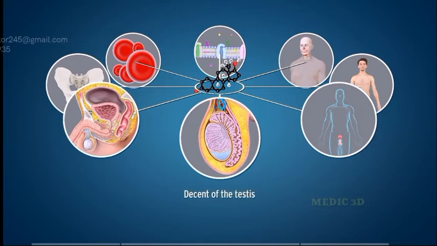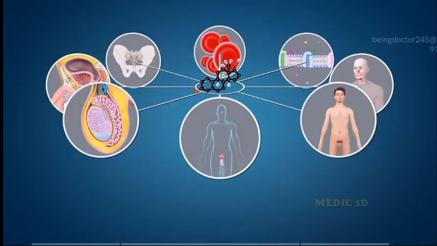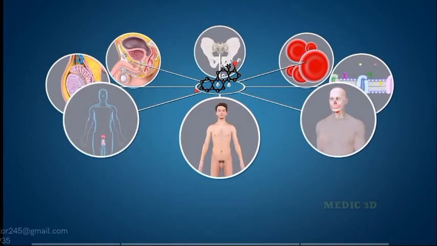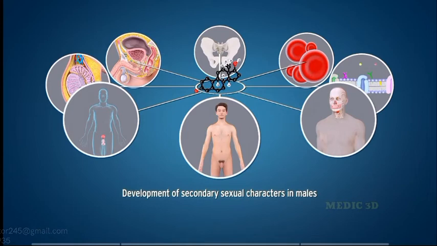Testosterone helps in the descent of the testis from the abdominal cavity into the scrotum. During onset of puberty, testosterone increases the size of penis, scrotum, and testes, and also helps in spermatogenesis in males. Testosterone is very much necessary in development of secondary sexual characters in males, like effect on muscular growth, growth of bones, and development of hairs in pubic, chest, limbs, back, face, and other parts of the body, which is under the influence